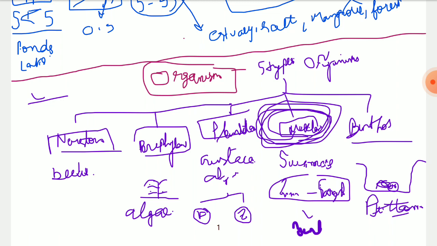Protozoans are found in aquatic ecosystems. Some of us are sometimes affected by protozoans, so we shouldn't think that protozoans are found only in terrestrial ecosystems. They are found in aquatic ecosystems as well. One important thing to notice about the planktons